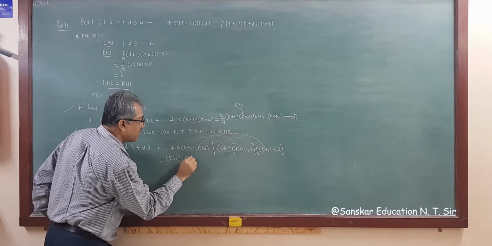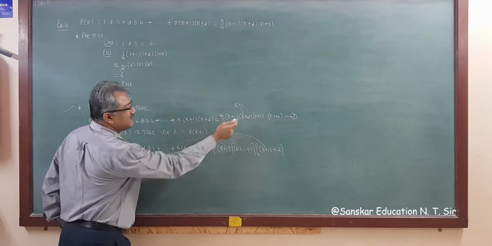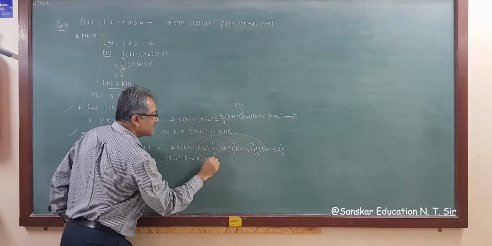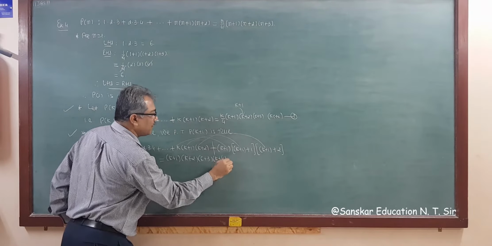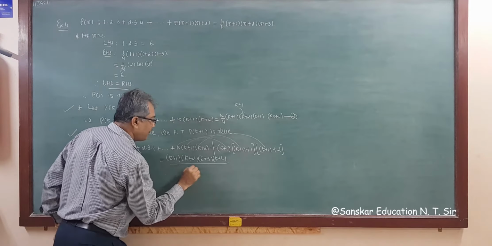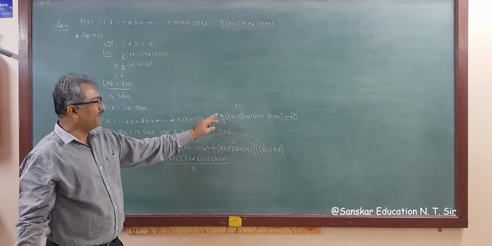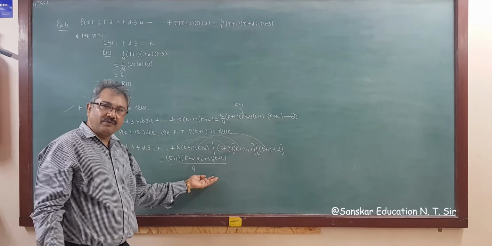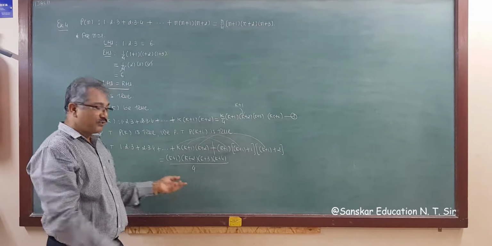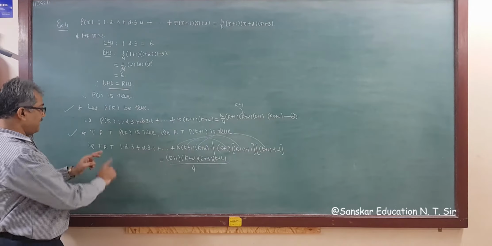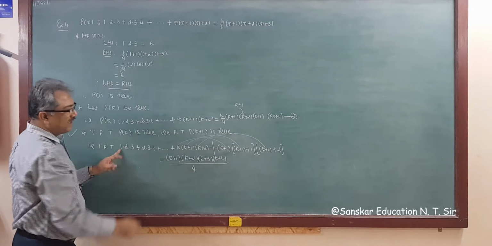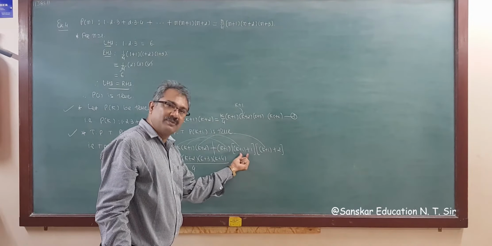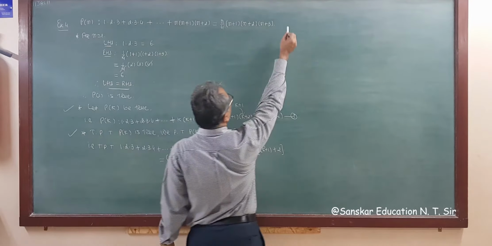Okay. So now k plus 2. This is k plus 3. And this is k plus 4, whole upon 4. Right? You know, k by 4 means 4 is divided by all these terms. So I am writing whole upon 4. So this is your left hand side. So you have to prove this. Right? So this is left hand side. Now no need to simplify this. While we are writing left hand side, we are writing the simplification of this term also. Right? So taking left hand side.